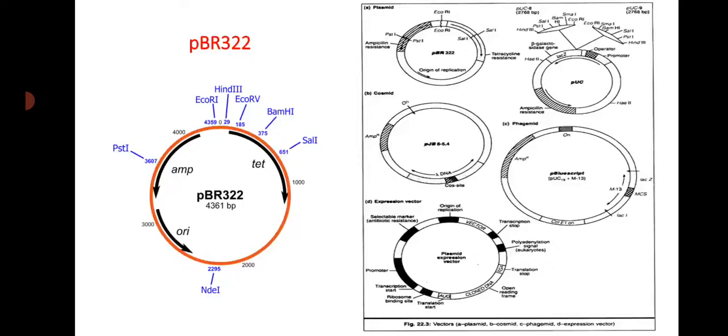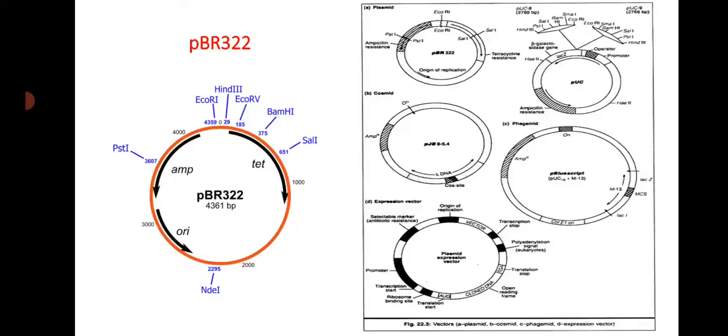This is a plasmid, and it was one of the first widely used E. coli cloning vectors. It was created in 1977 in the laboratory of Herbert Boyer at the University of California, San Francisco. It was named after Bolivar Zapata, a researcher, and Rodriguez, who was also a researcher. P stands for plasmid and BR stands for Bolivar and Rodriguez.